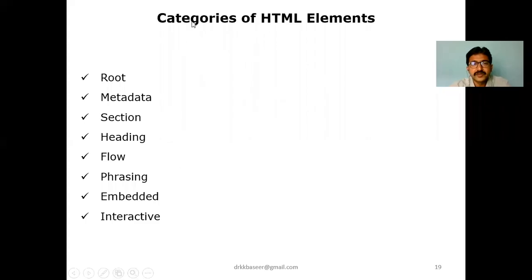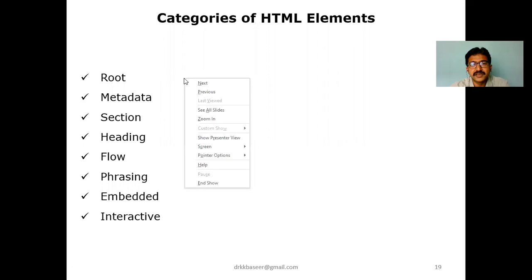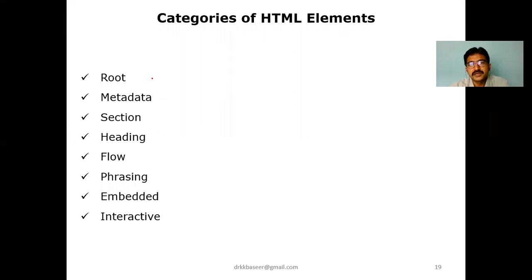Fine. So coming for today's class is categories of HTML elements. The different categories we have in the HTML elements. Categories in the sense, just now I said that wherever required, whichever elements we want to be added. For example, in all cases we don't require a paragraph, in all cases we don't require only italic or bold, or in all cases we require tables and images. In specific contexts, in specific ways, different elements are required.